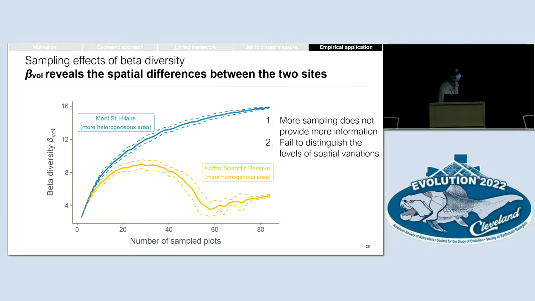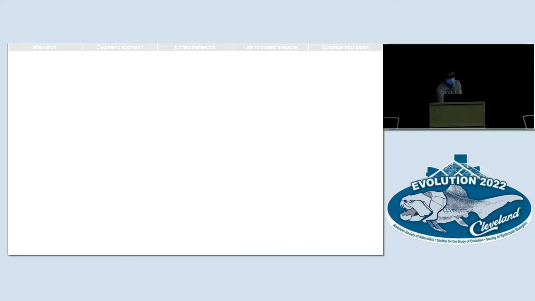And then, with this figure in mind, let's relook at these two fundamental problems in the sampling effect of biodiversity. So now it seems that more sampling actually does provide more information, because if you do few samplings, you cannot tell the spatial difference between these two sites. And second, we can see clear distinction between more heterogeneous areas and more homogeneous areas using our measure of beta diversity. So to wrap it up,